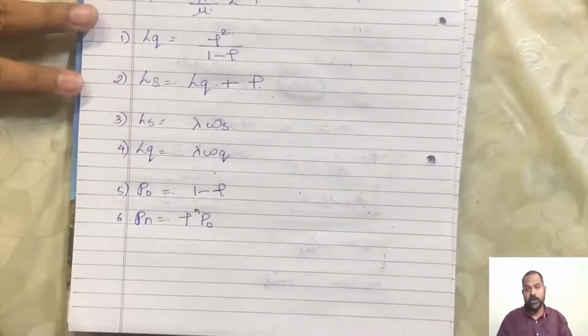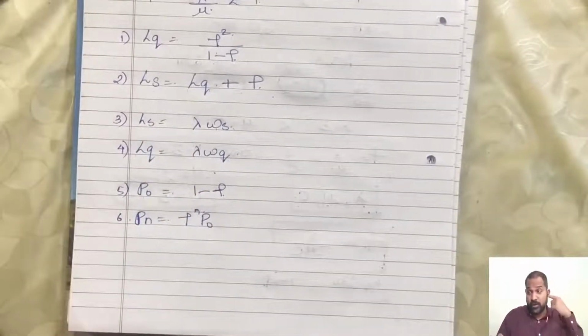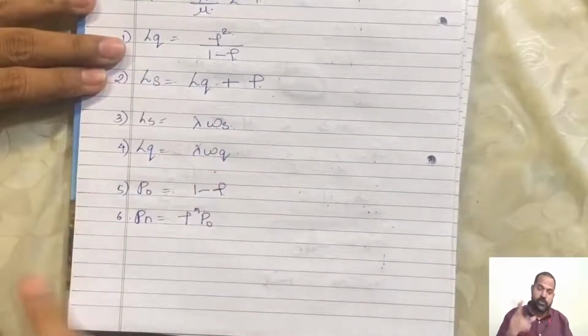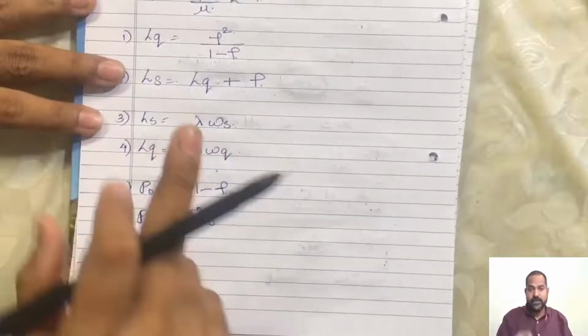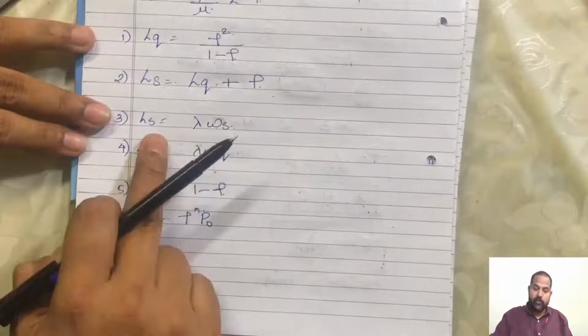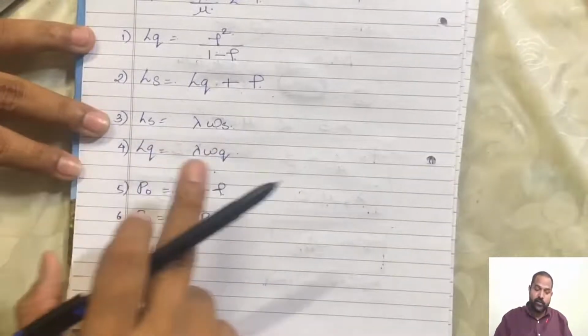If these 6 formulas are in place, and that too you don't need to learn them by heart. We'll start with length of the queue. Length of the queue is rho square upon 1 minus rho. Length of the system is length of the queue plus the part being served, which is rho. Length of the system is lambda WS. Length of the queue is lambda